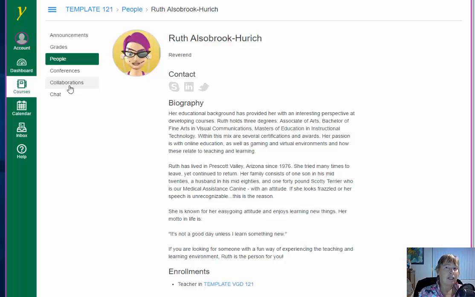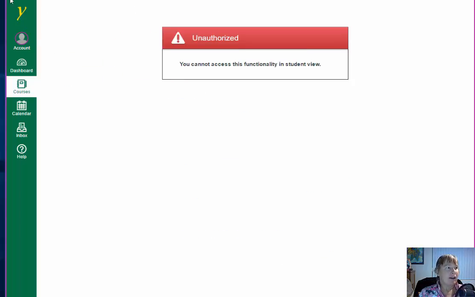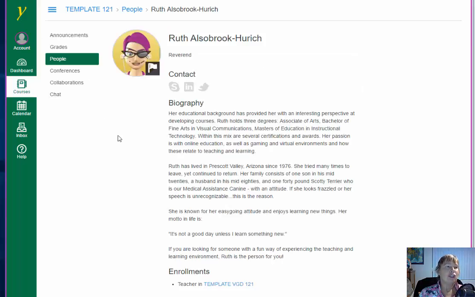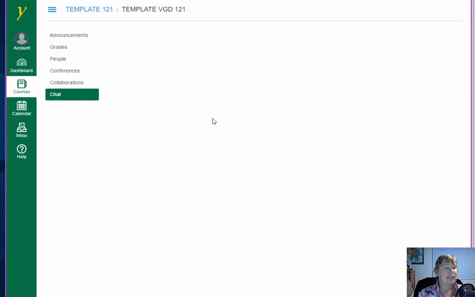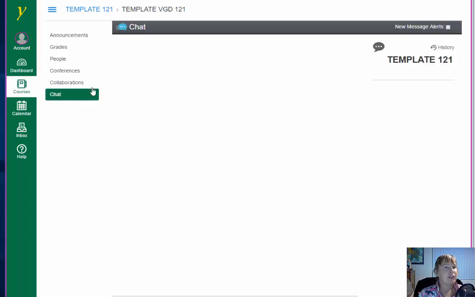I use other types of things to collaborate as well, or have conferences, synchronous chats and things. Collaboration is where you can click on that and you can create Google documents and work with classmates. Chat is just that. It's a chat type of a feature, and you can come in and down at the